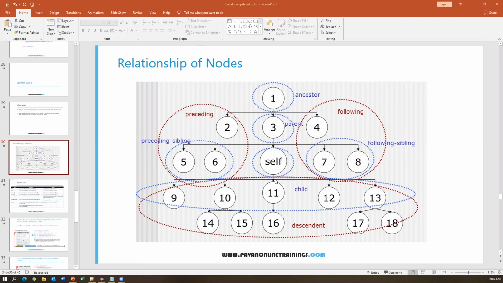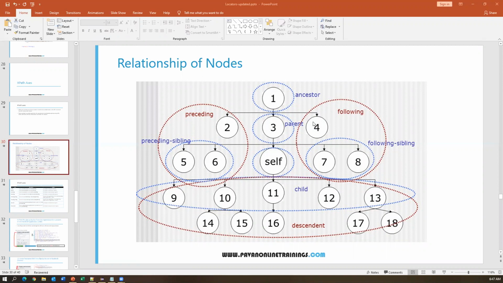Whichever element you want to locate, we can simply identify it. Whatever node you start from is a self node. Suppose I start from 1, this is a self node. If I start from 11, that is a self node. Based on one node, we can navigate throughout all the nodes, so you don't need to specially identify the self node. Where you are starting from is called the self node.